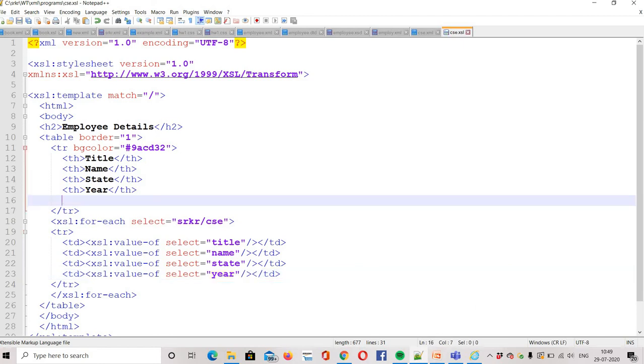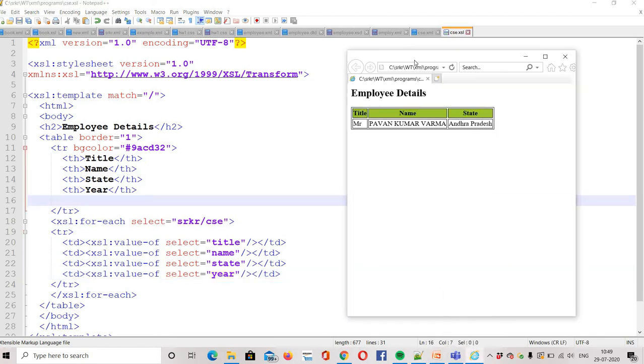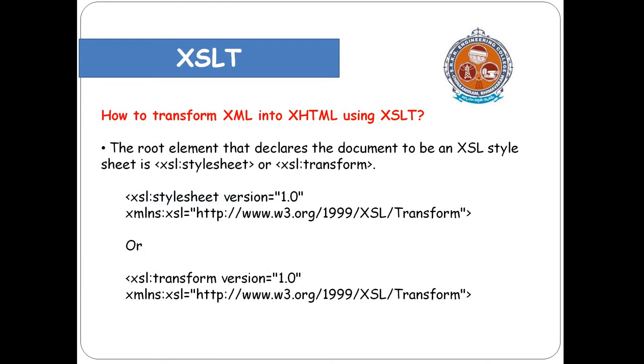So I am saving and running. This is how it comes out. So we have seen all the three steps: writing a raw XML document, writing a style sheet, and how to place that style sheet in the XML document.